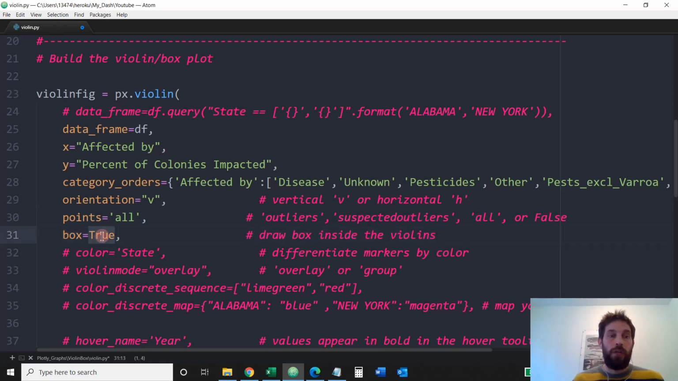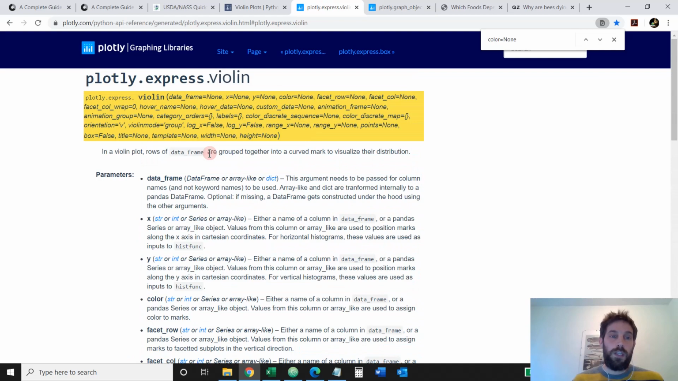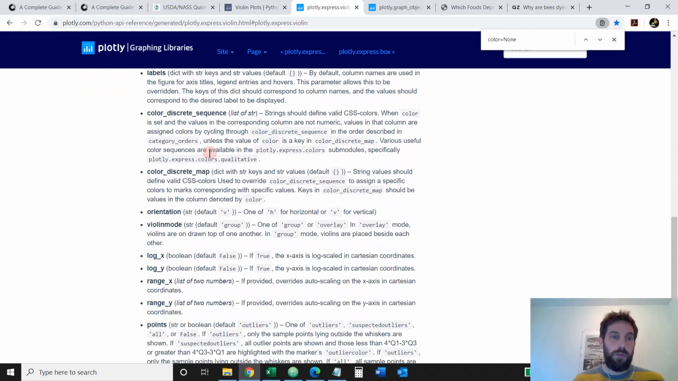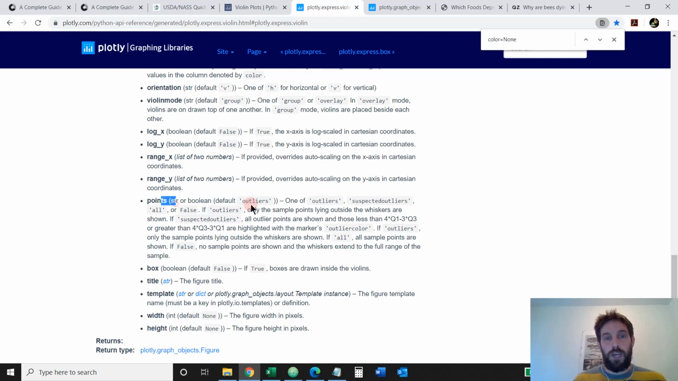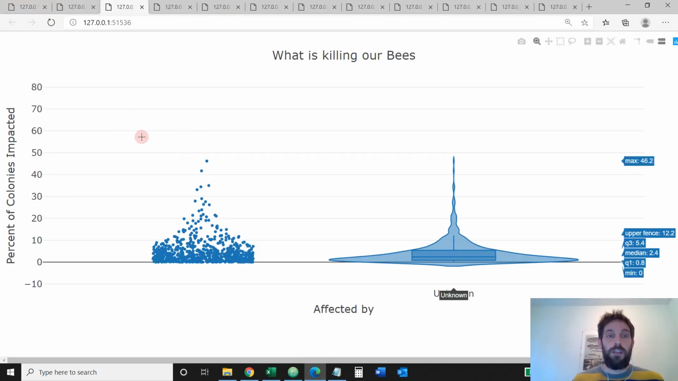The box parameter has true or false. We're going to do that true. And the points has outliers, suspect outliers, all or false. If you want to read more about it, go into the link that is below the video, and you'll see under points, where is points here? Here are the options that you have under points, and it explains what each parameter or argument within the parameter means. Outliers is by default, false is none, and suspected outliers is just another part of the outliers. In this case, I want to put all. You see, this is what we changed, and you run that script and you will get this beautiful